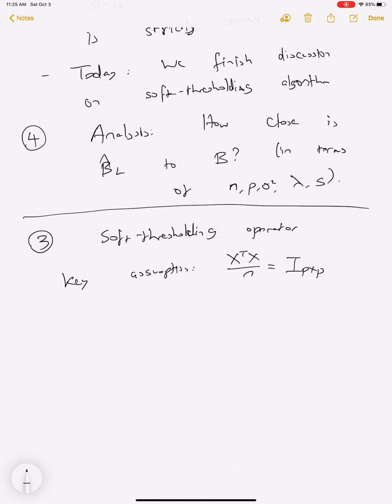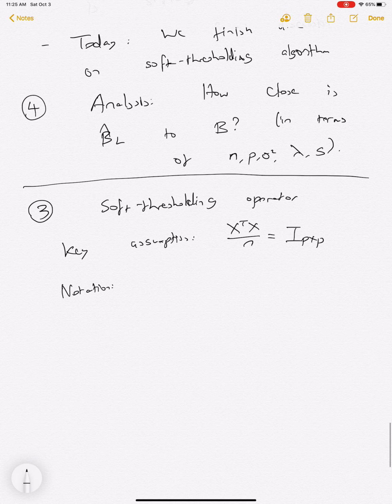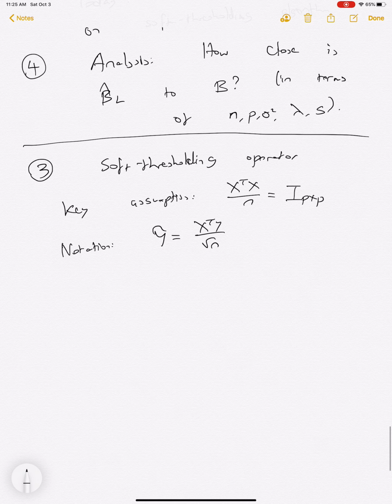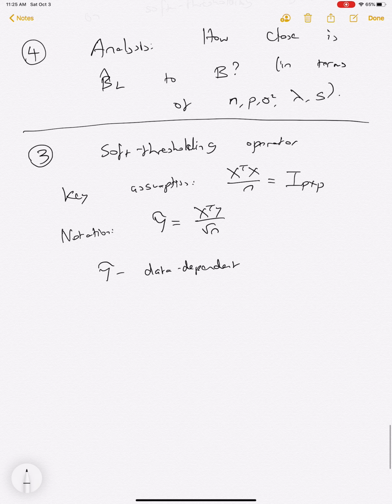And then we're also going to use this notation that y tilde equals X transpose y over square root of n. And why is this useful? Because y tilde is data dependent. So clearly this is a function purely of the data, and also we can see that y tilde equals, if we plug in the model,